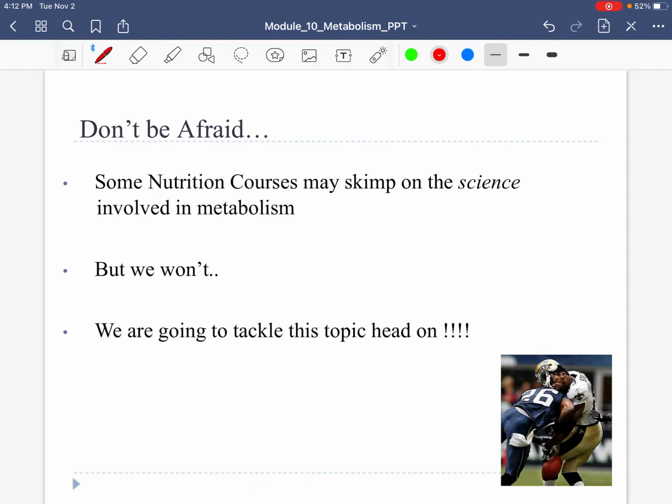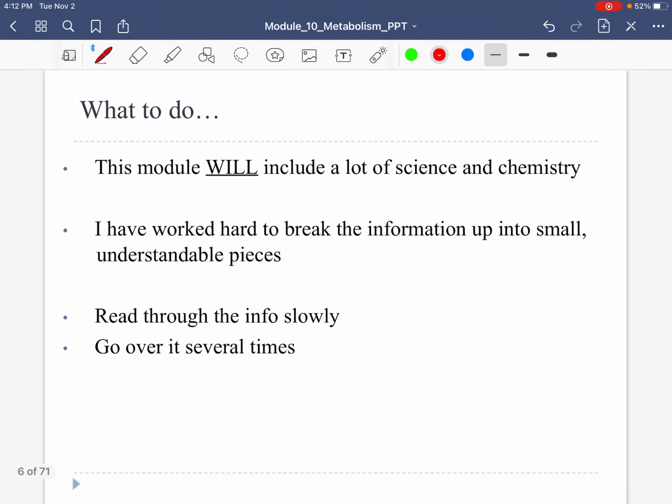Now, metabolism itself can be quite complex. The good news is we are not going to get into every chemical reaction, every enzyme, every coenzyme, and so on. This probably will be a little challenging for some because any way you slice it, we have to talk about some of the chemical processes, but we're going to be going over it in a very simplistic way. So I believe this is something that you can handle, and we're not going to be afraid of the science. We're not going to skimp on the science, folks, right?